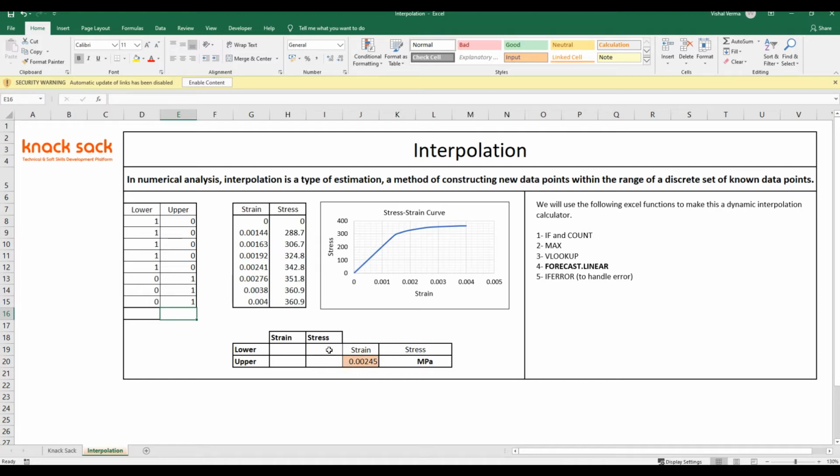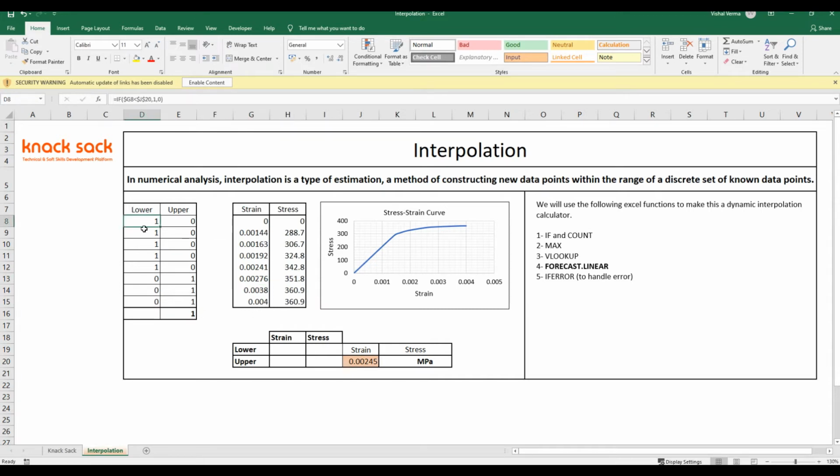If we are getting multiple rows with the same values and you provide that value as a lookup value in the VLOOKUP function, it will pick the first occurrence. Like if I am getting the maximum value of this as 1 and I provide this as the lookup value to find the corresponding strain and stress value, it will give me this value as output, which is perfectly true.